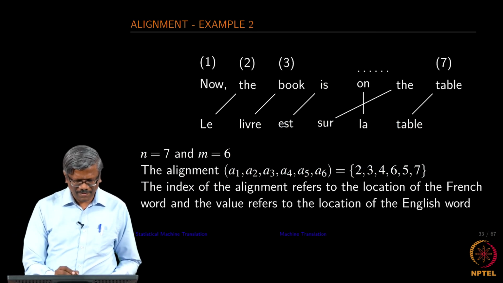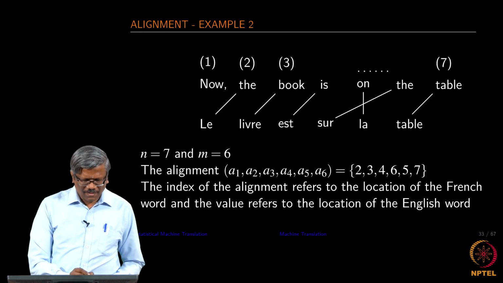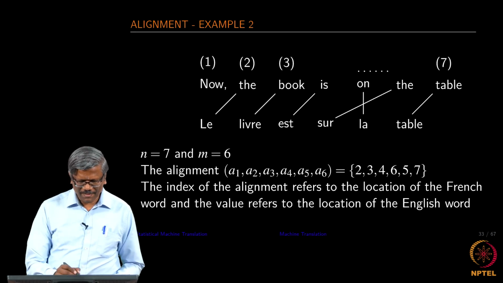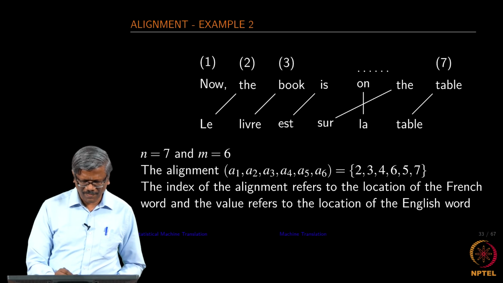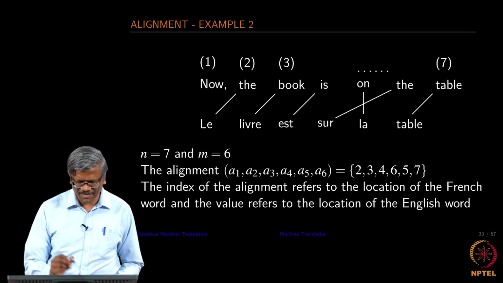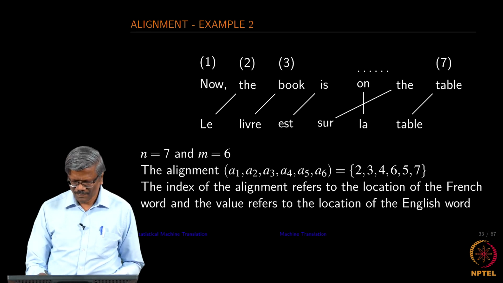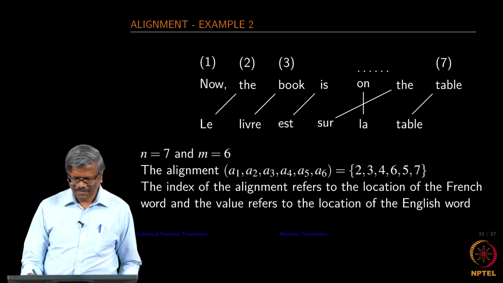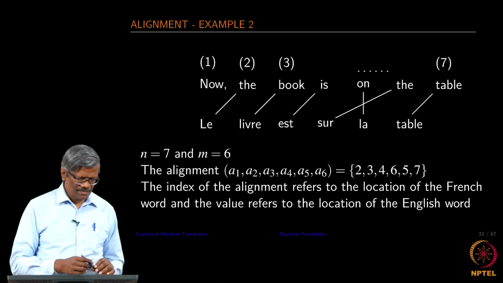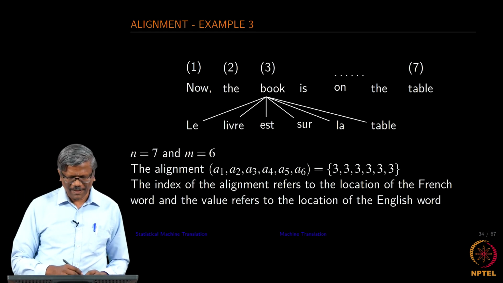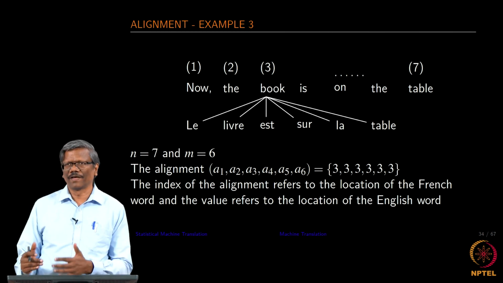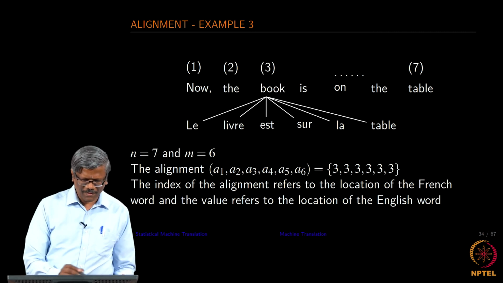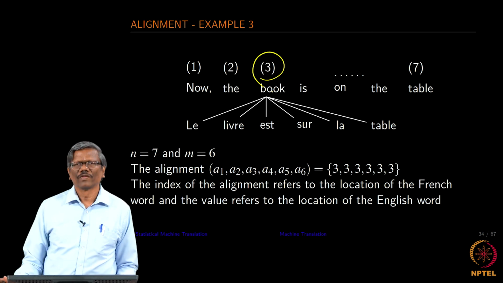if you look at this, the same English and French sentence I have taken here, and the alignments are a little different. The third word in English is aligned to the second word in French. Okay. All right. So, there are so many possible alignments that you will get, and we need to find the right alignment which really helps you in terms of the translation. Okay, so, this is another example. The word 3 is aligned to all the words in French.